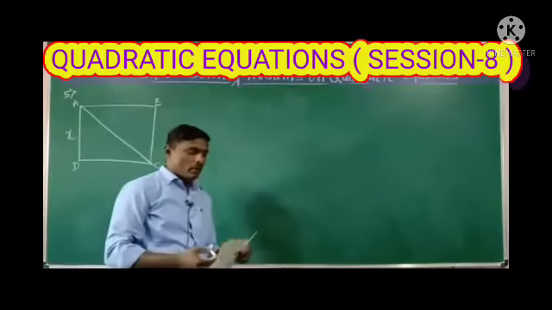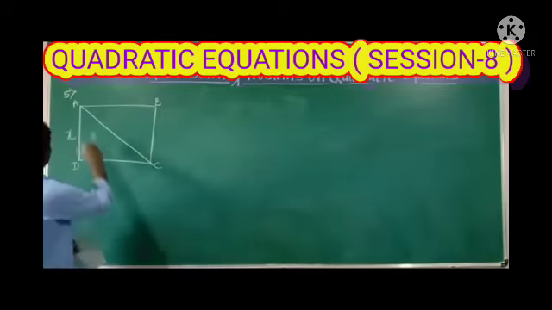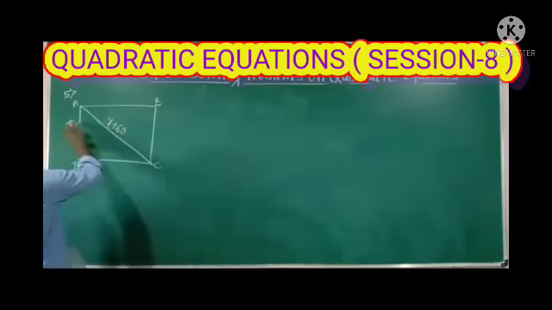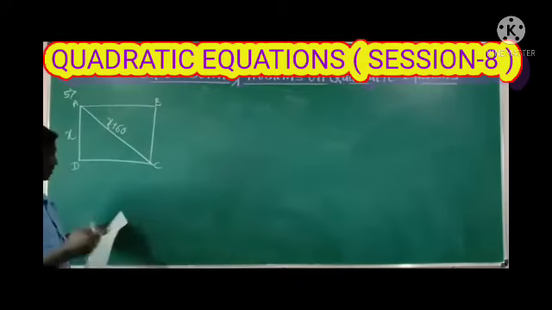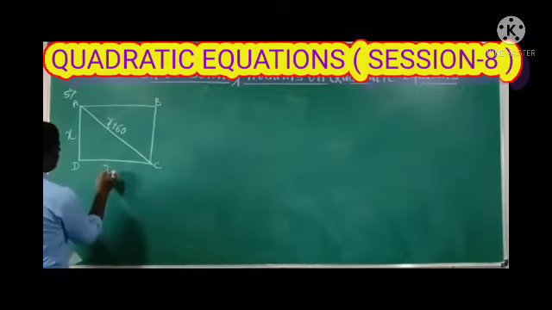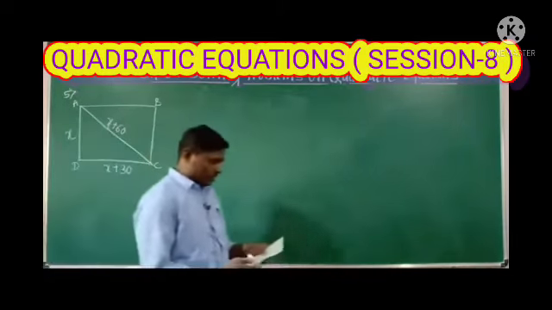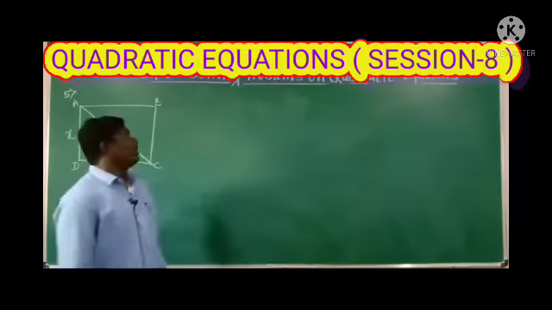The diagonal of the rectangle is 60 more than its shortest side. So this is the diagonal. AC is the diagonal, and it is 60 more than its shortest side. The length of the shortest side is x, the diagonal is x plus 60, and another side is 30 more than its shortest side. So this is x plus 30. Now by using the Pythagoras theorem, we can simplify